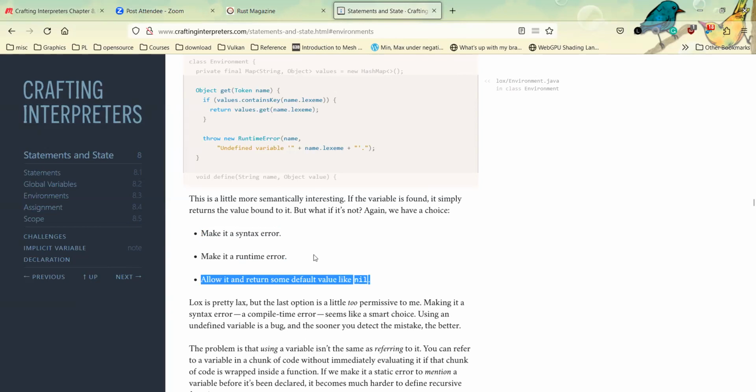Allowing it and returning some default value like nil. That sounds like just a recipe for disaster to me. Yeah. Remember NaN in JavaScript, and it's awful. Yeah.